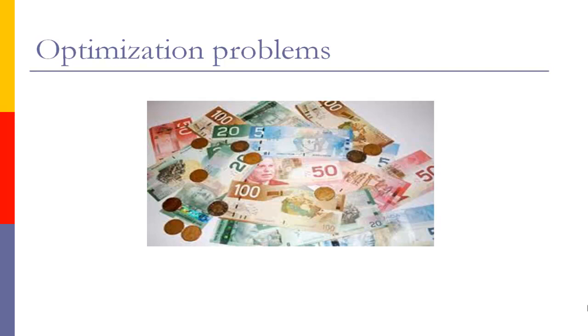Now, first of all, what is an optimization problem? I like to start with this image of money because one of the most common applications of optimization problems is to try and use the mathematical methods of calculus to figure out under what situation we can make some kind of financial venture as profitable as possible. So, for instance, how can we produce certain items so that the cost will be minimum, or that the revenue will be maximum, or even better, the profit will be maximum. This applies to the producers as well as to the sellers. So how much should a store charge for an item in order to get the maximum profit, and so on. But there are of course other